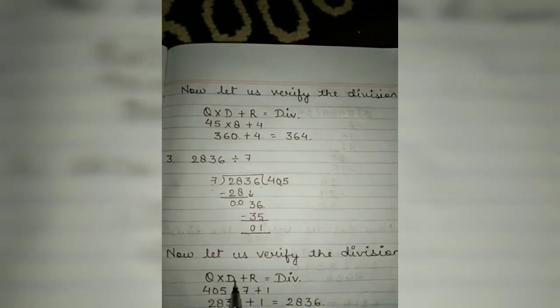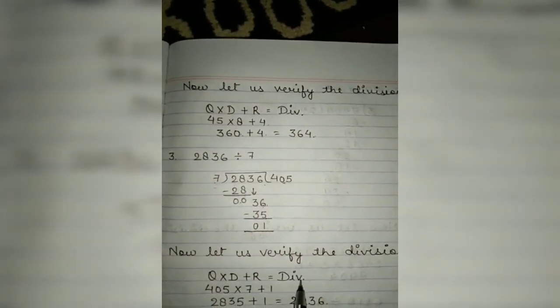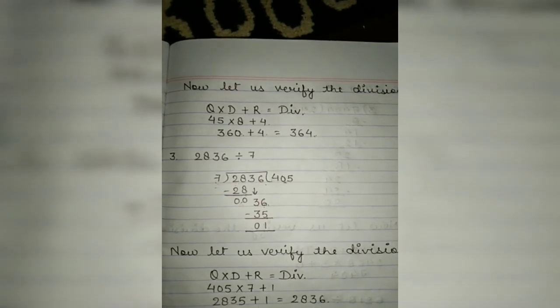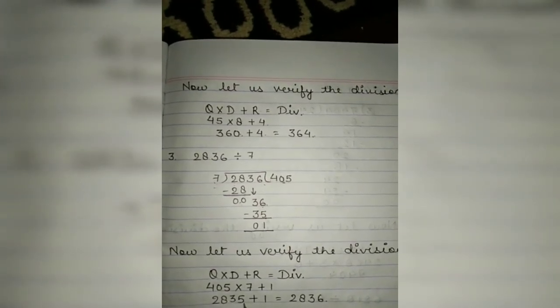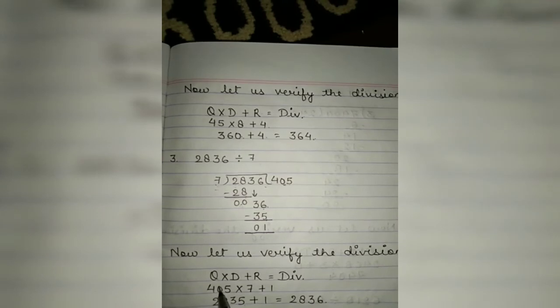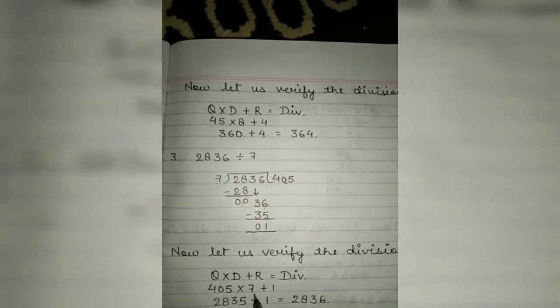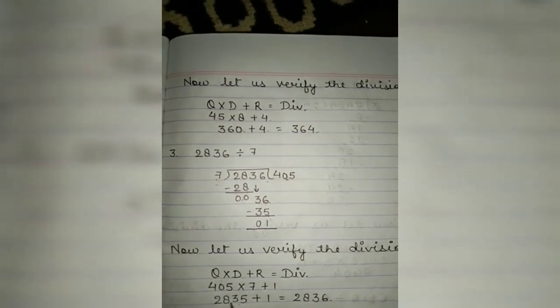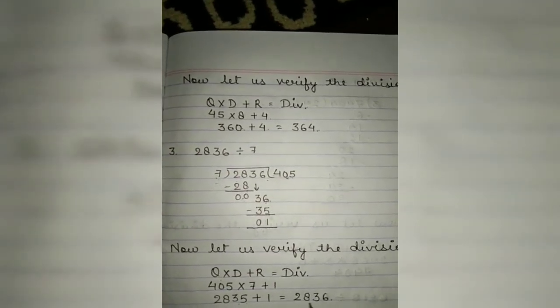Now let us verify the division. Quotient multiply by divisor plus remainder is equal to dividend. Now 405 is the quotient, 7 is the divisor and 1 is the remainder. 7 fives are 35. 3 is carry here, so 3 plus 0 is 3 because on multiplying 0 the answer will come 0 only. 7 fours are 28. Now 2835 we will add 1 to 2835, it will become